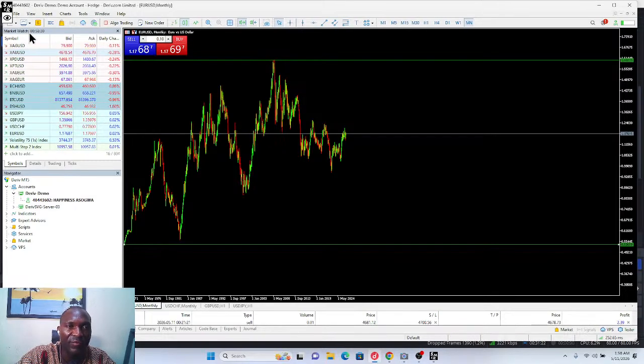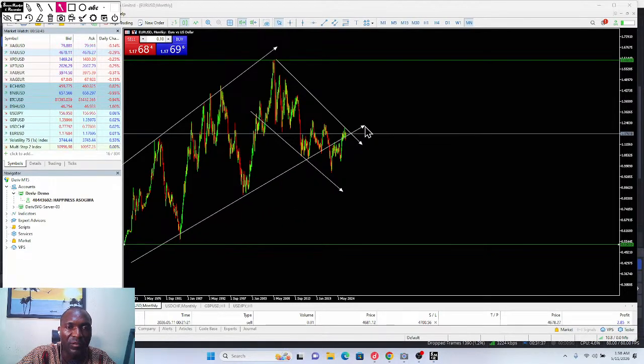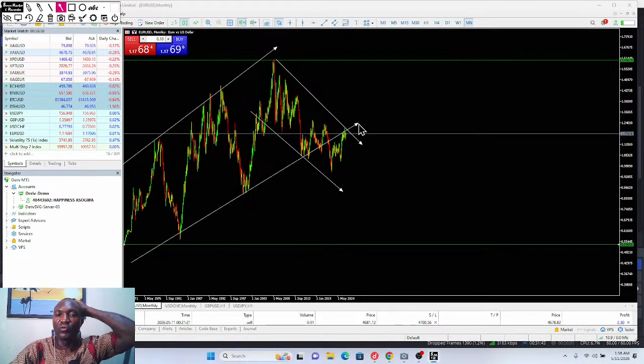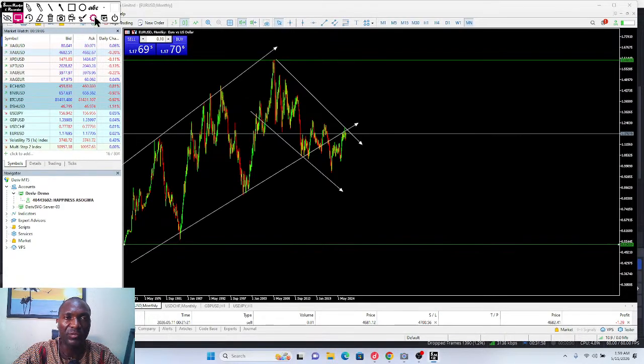Although we still have different ways in which you can interpret it. And from here, it's a downtrend. But looking at it from here and here, it's an uptrend. Although that's the way it's being interpreted. So now, since you've been able to know it's an uptrend, the wave you are looking at now, is it a downtrend? Yes, the wave you are looking at is a downtrend, which is this particular